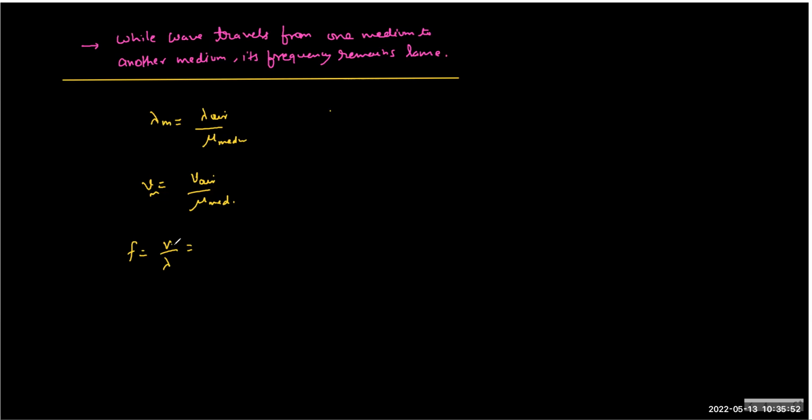So even if you write v medium by lambda medium, you can see the answer is v air by lambda air. So that's why this is the constant quantity. So frequency is the characteristic property which remains unaltered while crossing the medium. So you can also apply the Doppler effect of two object in a source when they belong to two different